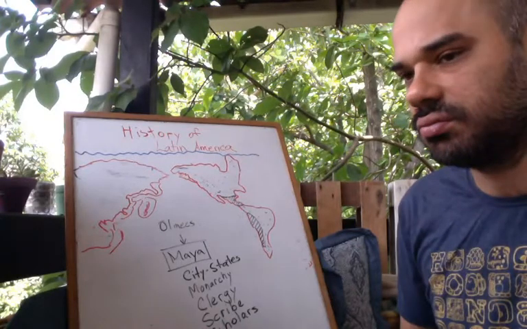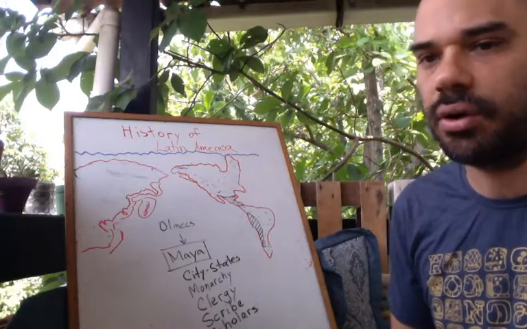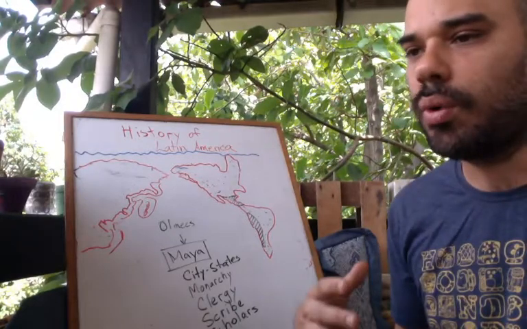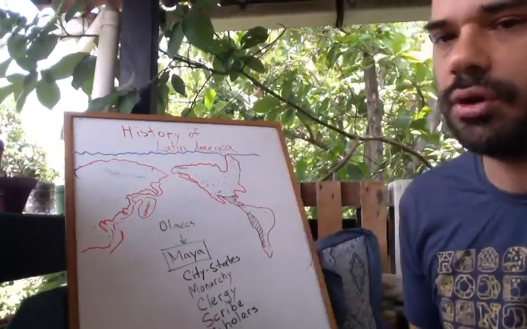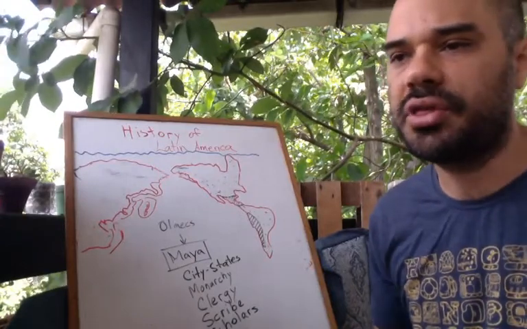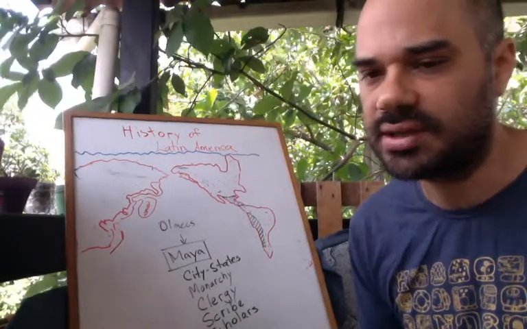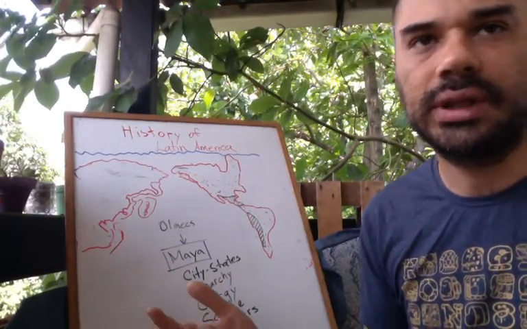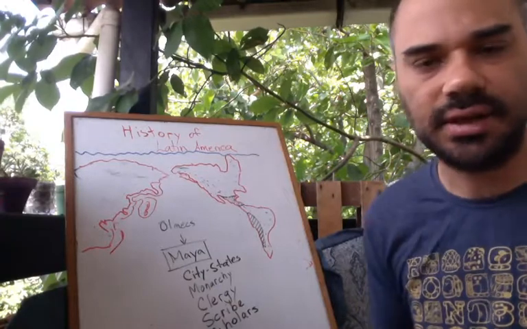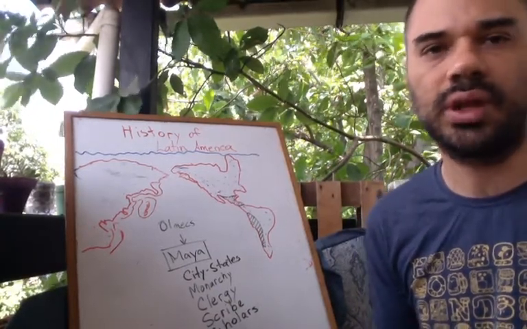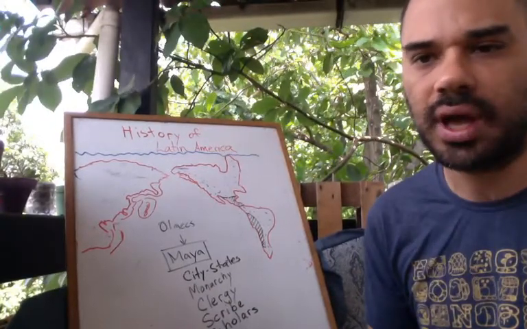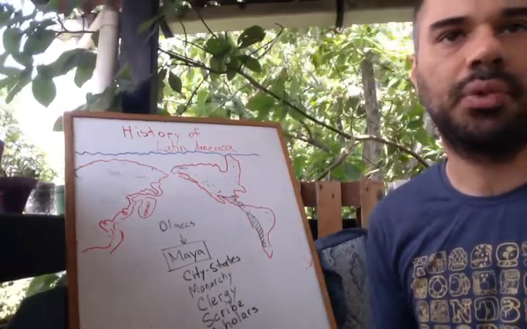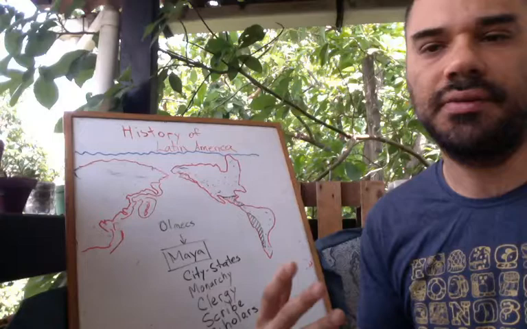So those are the theories, or hypotheses, about why the Mayas disappeared. But they didn't disappear, because the only thing that happened is that they stopped living in the cities. Still today we have descendants of the Maya, especially in Guatemala, but we also have some in Honduras, like the Chortis.